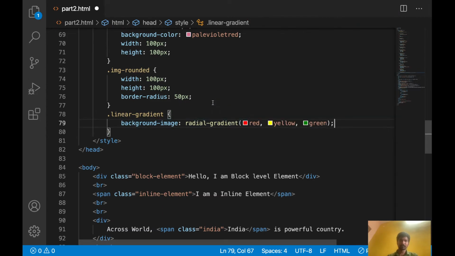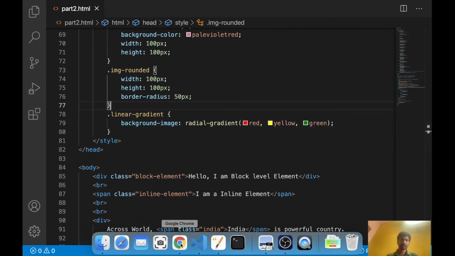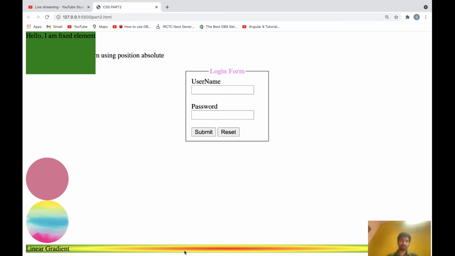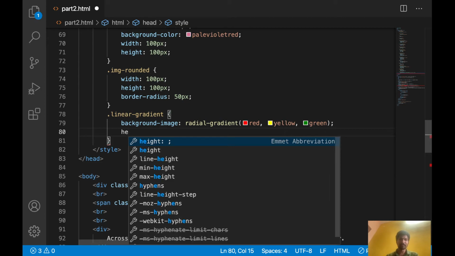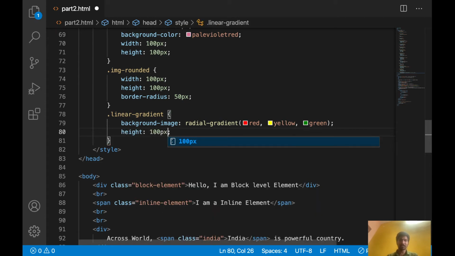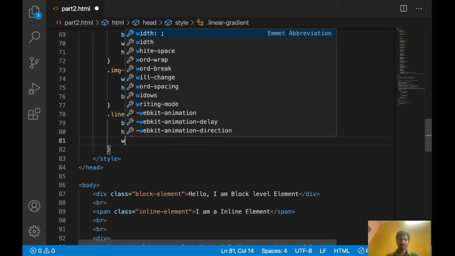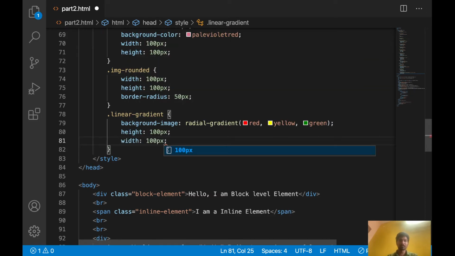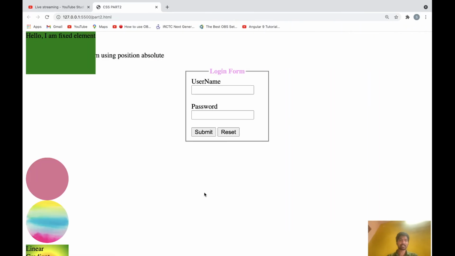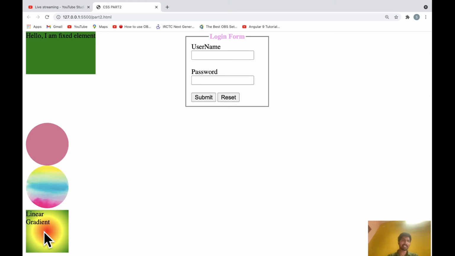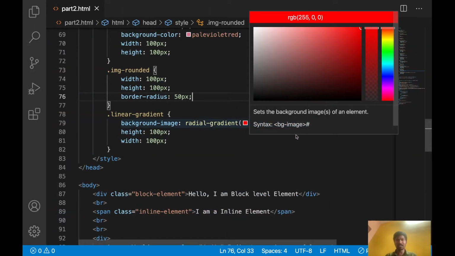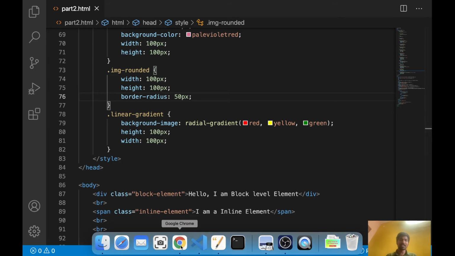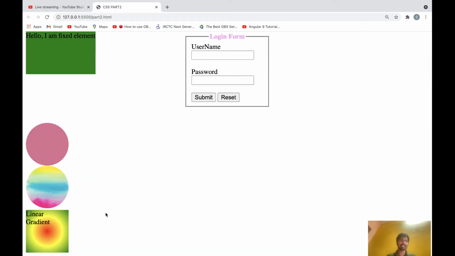Okay, now let's see. So it is applying multiple colors. Let's give some height and width. Height 100 px. Okay, let's give width also. Now let's see. See, it is coming like this. So here I have combined three colors, red, yellow and green. All these three colors are mixed and it is showing like this, a linear gradient.